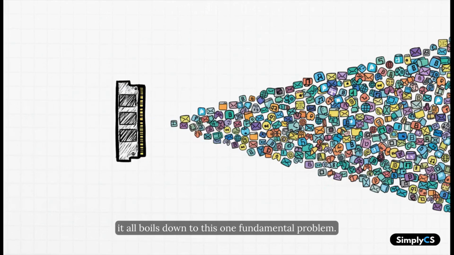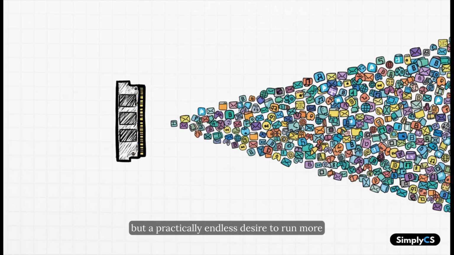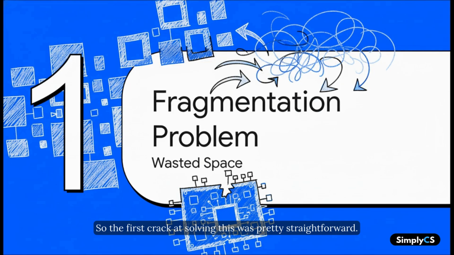You see, it all boils down to this one fundamental problem. You've got a fixed amount of physical RAM, those chips on your motherboard, but a practically endless desire to run more and more programs. And that's the central conflict that this whole story is about. So the first crack at solving this was pretty straightforward. But as often happens in the world of engineering, a simple solution created a whole new, really messy problem: